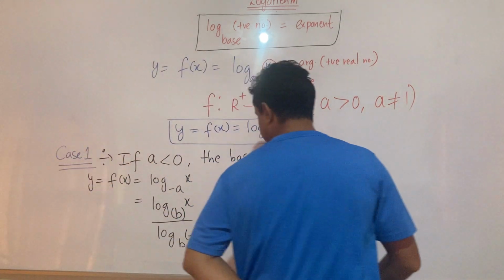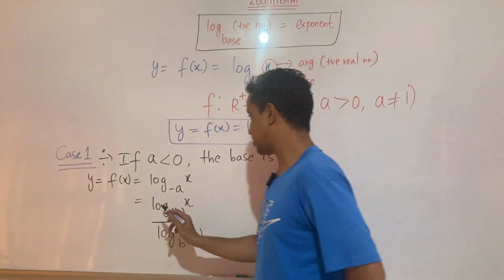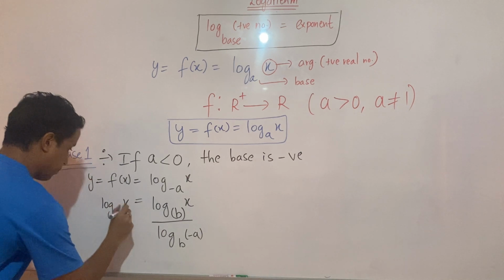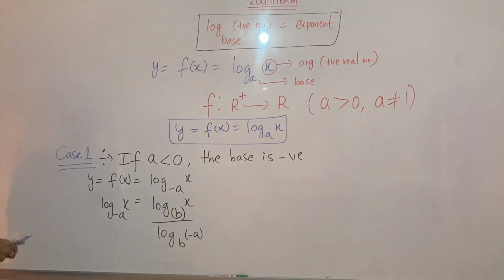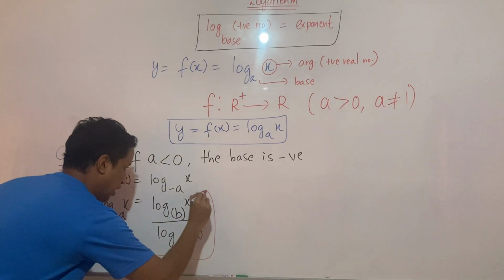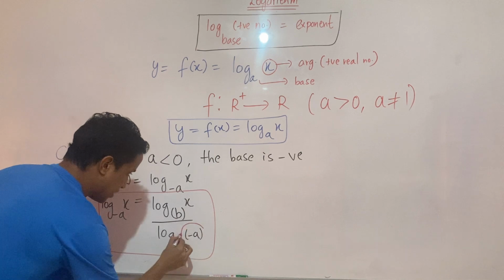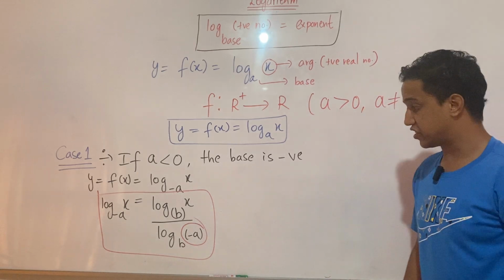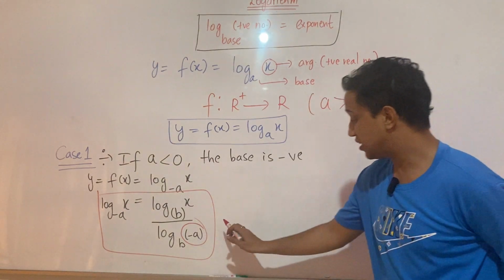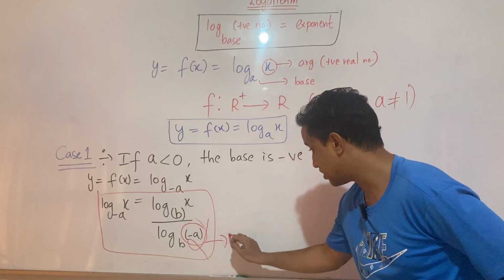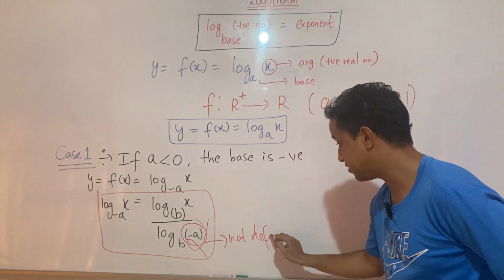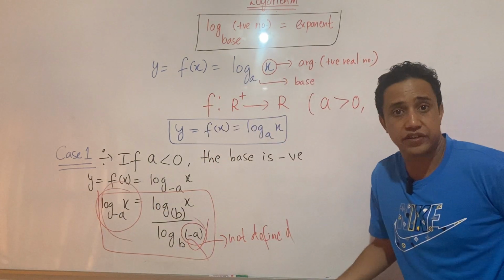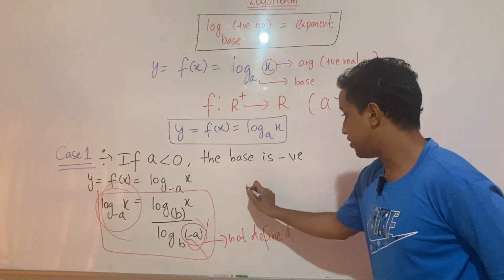Now, if you look at this, this is your log of x to the base minus a. If you look at this equation, you can see this is the log of a negative number, but log is never defined for negative numbers. What does it mean? It means that this thing is not defined, and that's why that is also not defined, and therefore